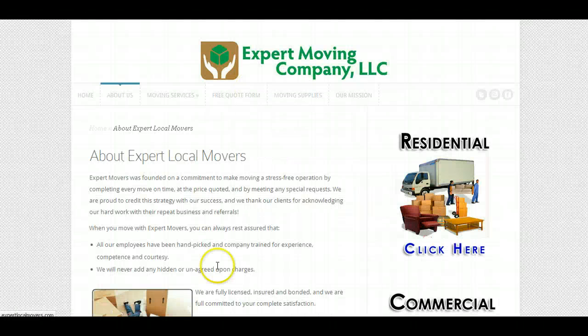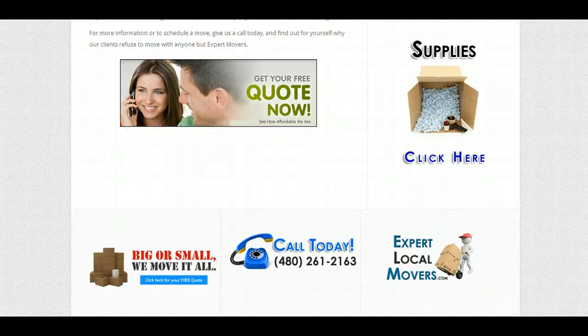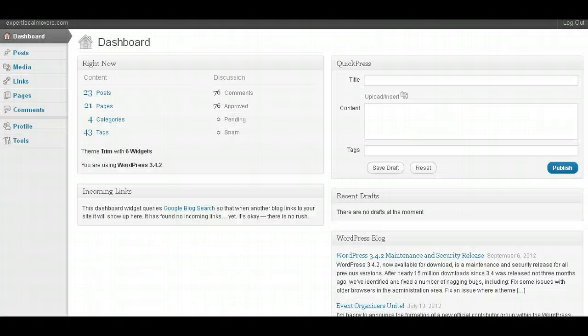So if we look at this page right here, this is the About Us page. All right, you can see I've already set this page up. And let's say that you want to edit this page. Let's say there's something in this page that you want to change. Very simple. You simply go to All Pages,